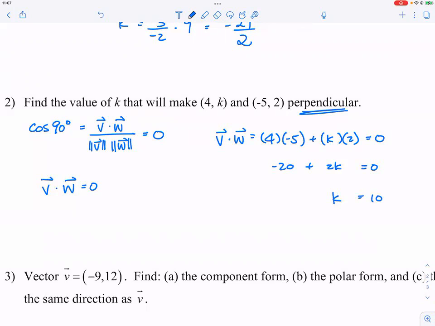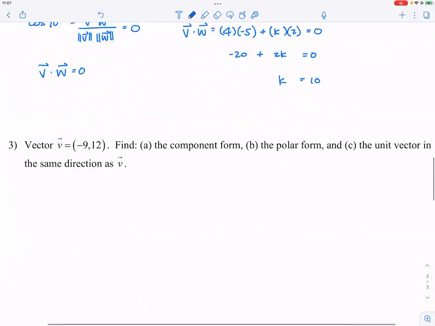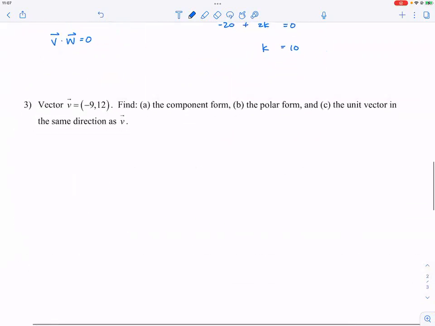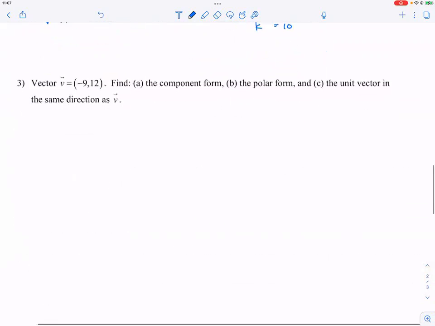Okay, so that's the logic behind this whole process. Cosine 90 is equal to 0. Cosine is the dot product over the product of the magnitudes of the individual vectors. And if that's equal to 0, the numerator, the dot product, must equal 0. So we just go ahead and find the dot product, set it equal to 0, and you can find the k. Okay. And for number 3,